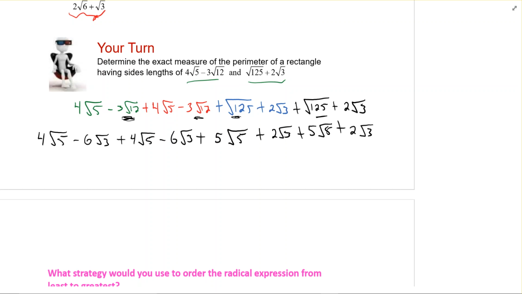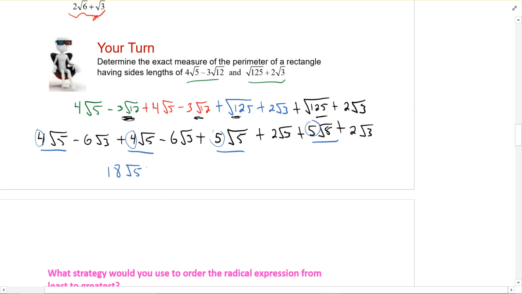Now, because there's so many things, what I would probably recommend doing is kind of underlining or circling or something like that, all the ones that you need to collect. So we've got, in blue, I'm going to do my root 5s. So that one, that one, that one, and that one. Okay. Now I'm going to rewrite that with just adding the numbers out front. So we got 4 plus 4 plus 5 plus 5. So I've got 18